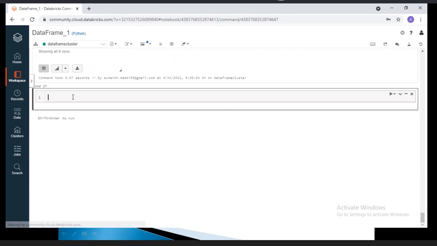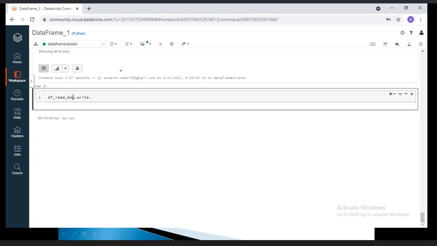Okay, then we'll write the data. We'll talk about the detailed transformations in the next class, then how to write the data, and then one use case. Okay, I want to write the data. Last time in the RDD, we used the save as text file option, right? But how can I write this data frame?